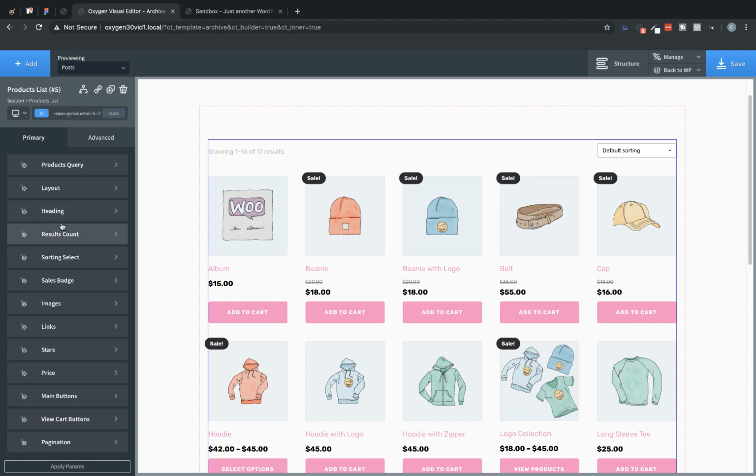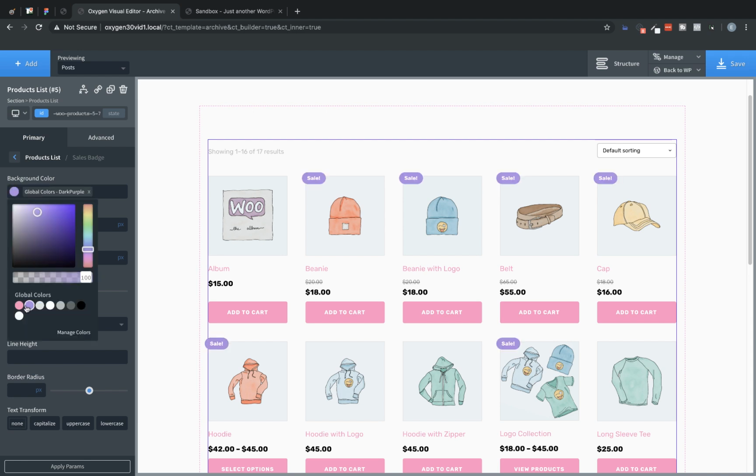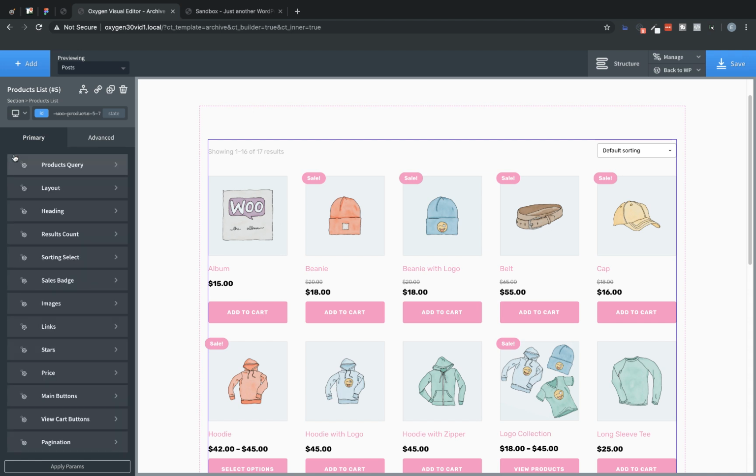Let's jump over and look at something different here. We have the sales badge, which we actually need to make match our color theme. So we'll set it to pink. And there are several other settings for the sales badge. In fact, pretty much every settings section that you see here on the sidebar has many options to allow you